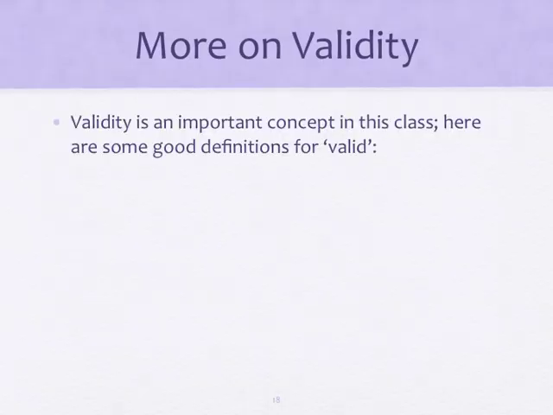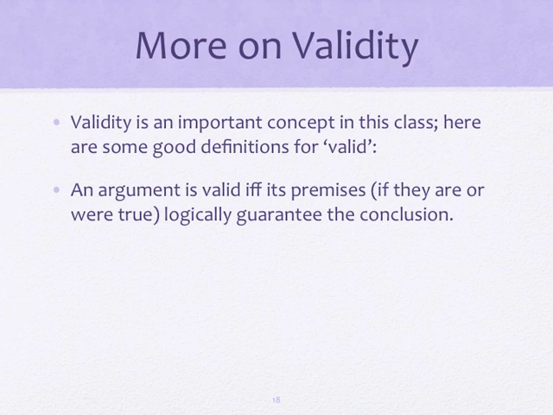So let's talk a little bit more about validity because I said it's such an important concept to this class that I want to look at several other definitions. So here's a definition. An argument is valid if and only if its premises, if they are or were true, logically guarantee the conclusion. So in the Iraq argument, I don't live there, the premises are actually false, but if they were true, if you imagine that I live there, it would guarantee the conclusion that I live in the Middle